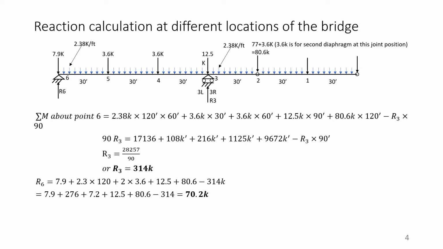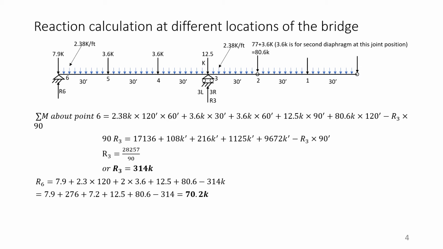First of all, we have multiplied this 2.38 kip, which is the distributed load all through the bridge, by 120, because the left span is 90 and the cantilever span is 30. This part we will be designing for this course, from point 6 to point 1. Points 1 and 2 are the simply supported beam span, and we will actually start from points 2, 3, 4, 5 and 6. These are the 6 points we will be dealing with